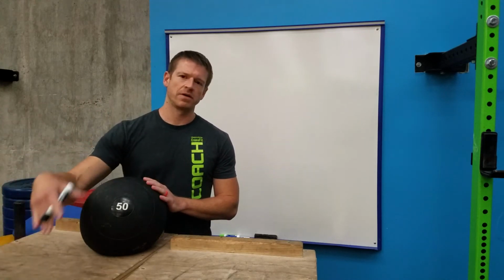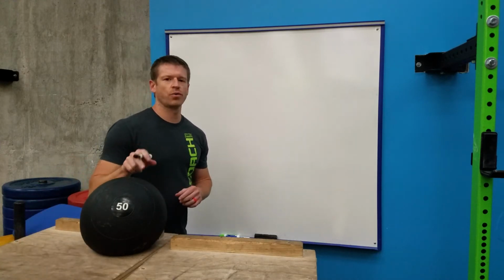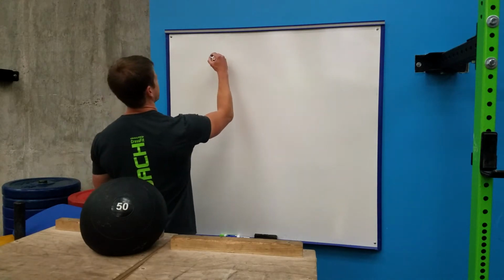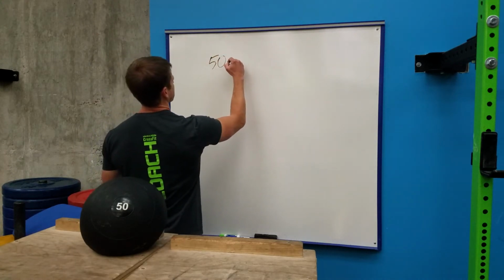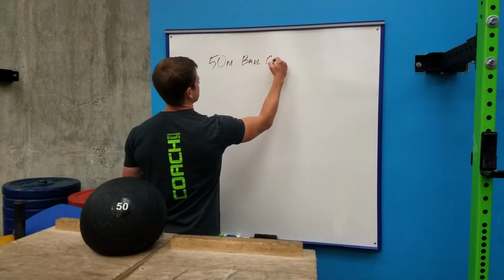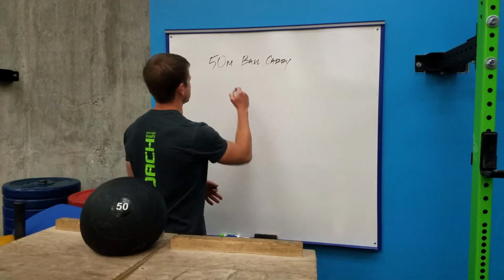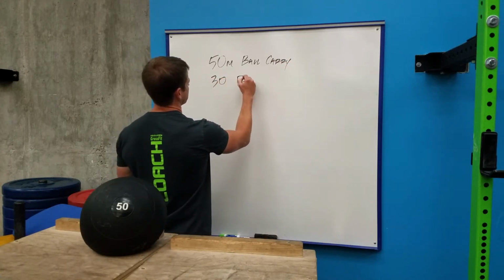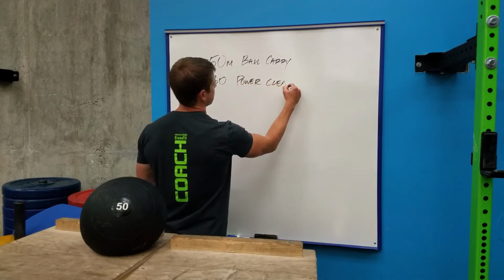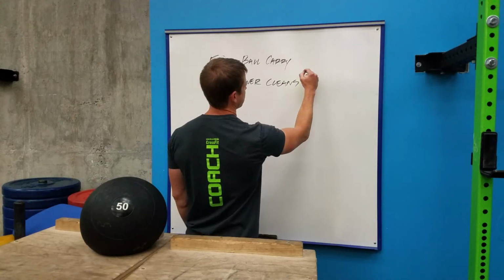Once you get to the shallow end, you need to put the ball on the pool deck. Then you're going to get on the pool deck and you're going to do 30 power cleans. So that's a 50-meter ball carry, followed by 30 power cleans. So that weight is 135